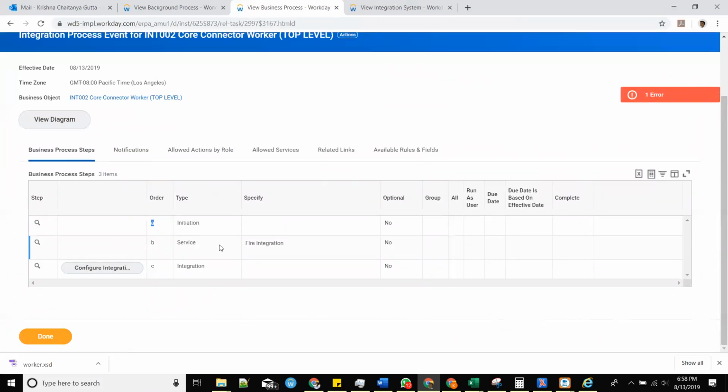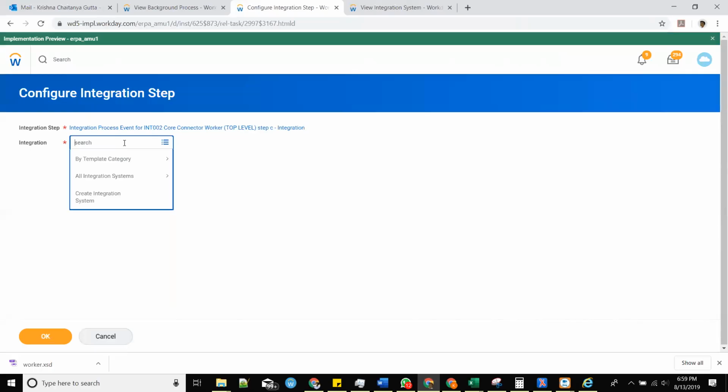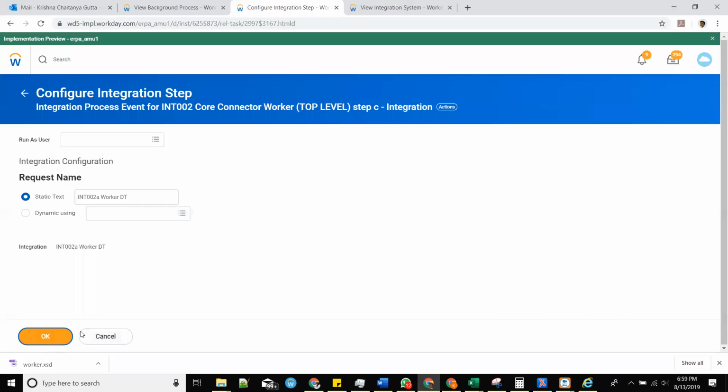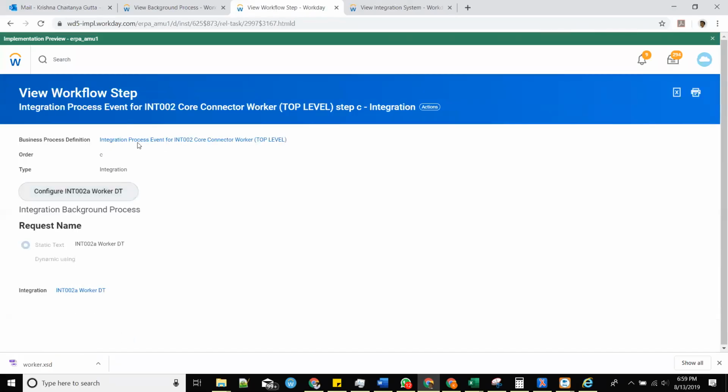Now your business process has step A as initiation, step B as file integration, step C as something that you can configure. You're configuring an integration system. Click it, you pick your integration INT 002A, and ta-da. Click OK, and then